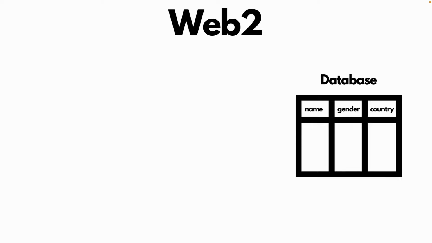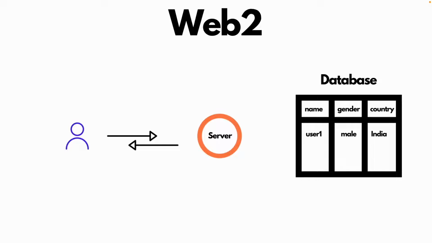So let's understand how we store data in the Web2 world. In the Web2 world, we usually have something called a database. And anytime a new person joins your platform, you make an entry in this database corresponding to that user. If this user wants to interact with your database, they usually send a request to one of your servers, and then that server fetches the data from the database and returns it to your user. So this is a very common model in Web2 to store and retrieve data.